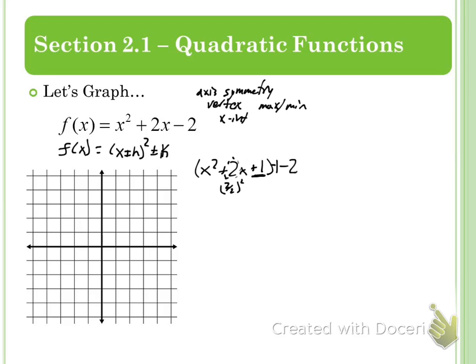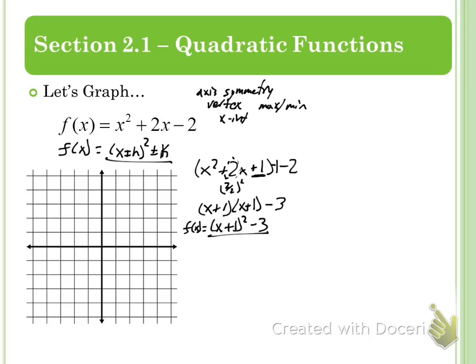So now that becomes x plus 1, x plus 1. And now outside is a minus 3, because I took 1 more away from the negative 2 to get that plus 1 on the inside. And this is obviously x plus 1 squared minus 3. It's in the form that we wanted it to be in, to where it's x plus or minus some h value squared plus or minus some k value. And this completing the square process is really, really helpful to be able to solve this thing,